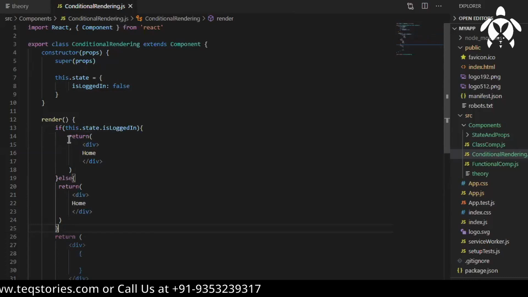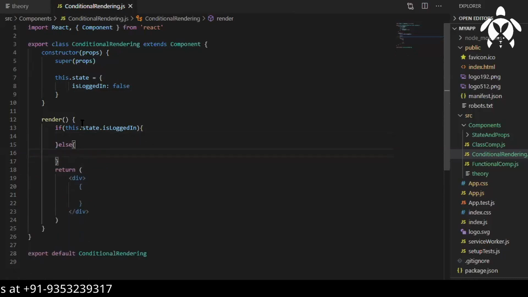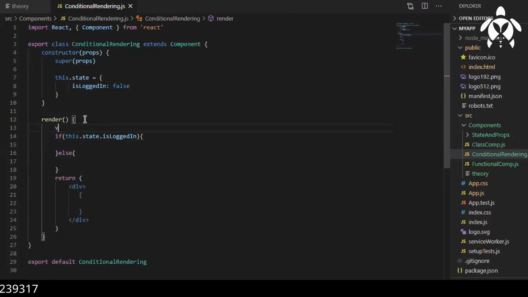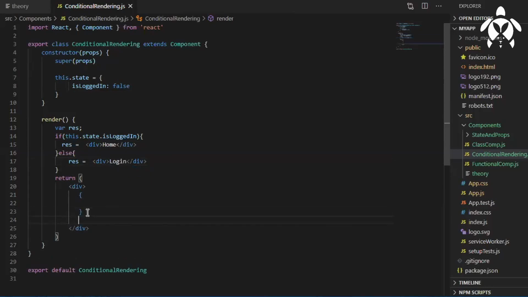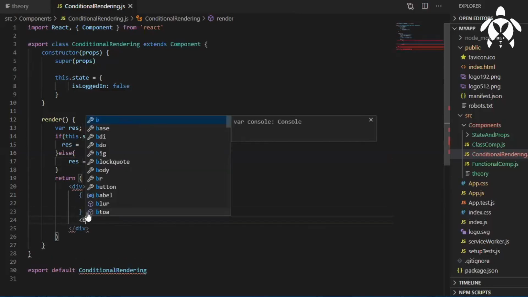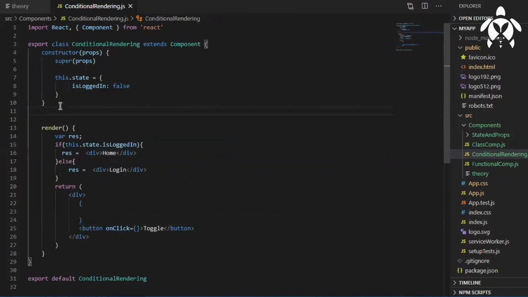So for this, I need to create a variable, right? You can create a variable and then update it. If it is logged in, then it has to show home, otherwise login. I'll have a simple toggle button so that I can see whether both true and false are working or not.